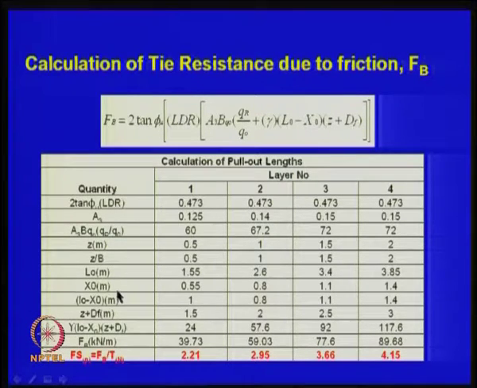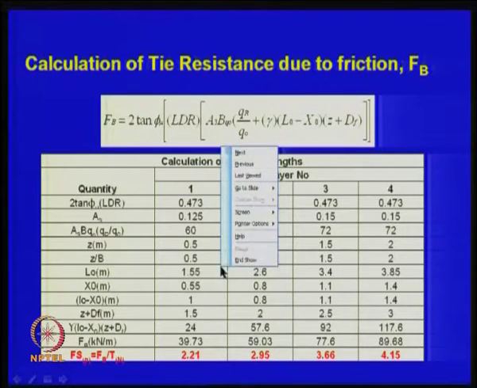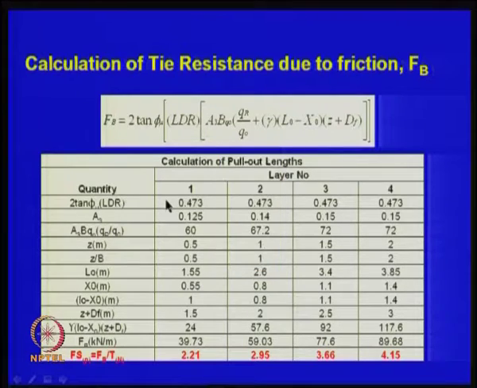The x naught is what we calculated in the previous step. L naught is nothing but the length corresponding to the minimum stress level, which again comes from one of the previous plots that I just mentioned. So, once you know all these parameters, you substitute these numbers and you will get the factor of safety. So, what is the factor of safety required?